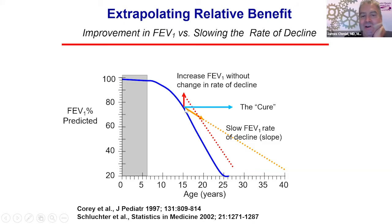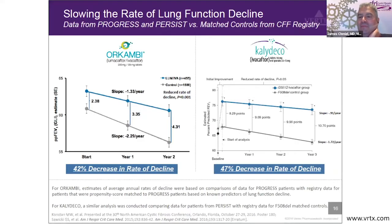That's not very helpful. If you have something that changes the rate of decline, that obviously helps out even more, right? So these therapies are all valuable and all useful in CF, but ultimately we want the cure. And until then, we really want to slow this decline in lung function down. So what goes on with the